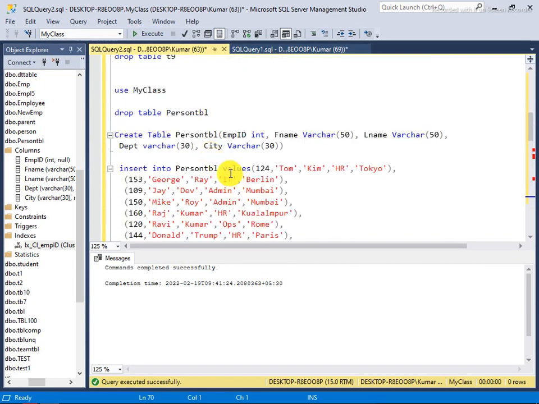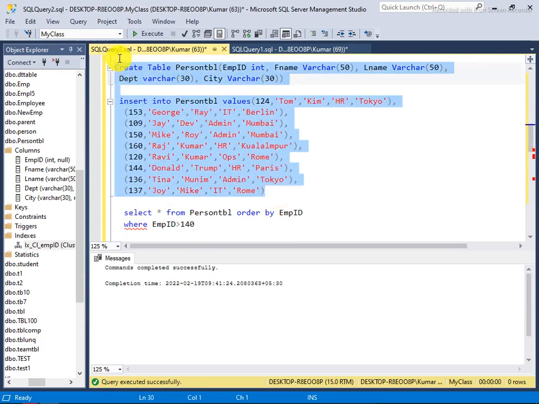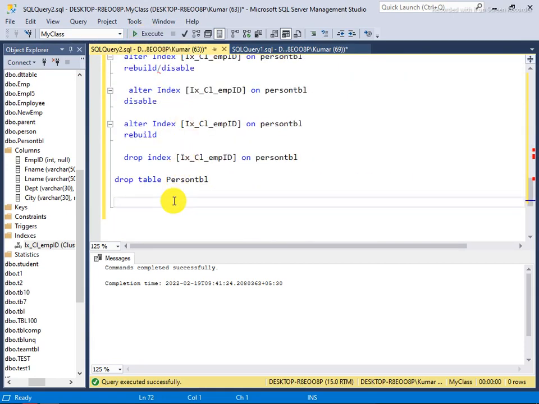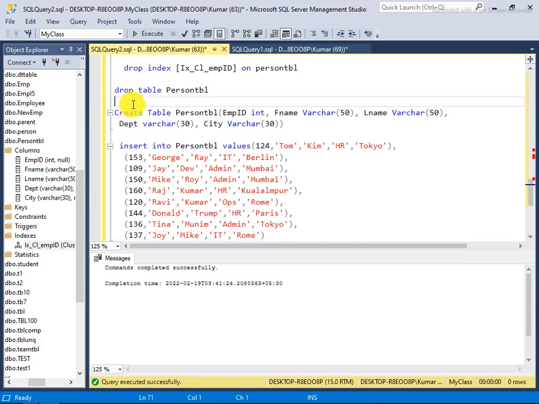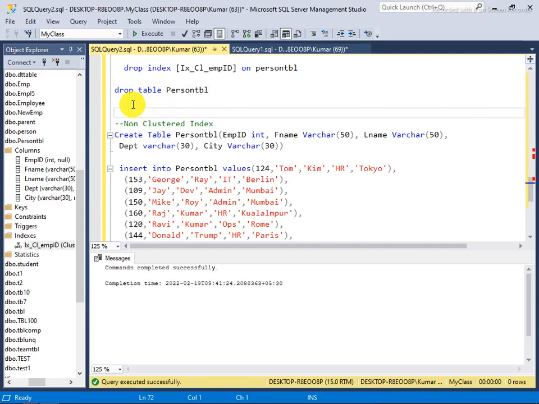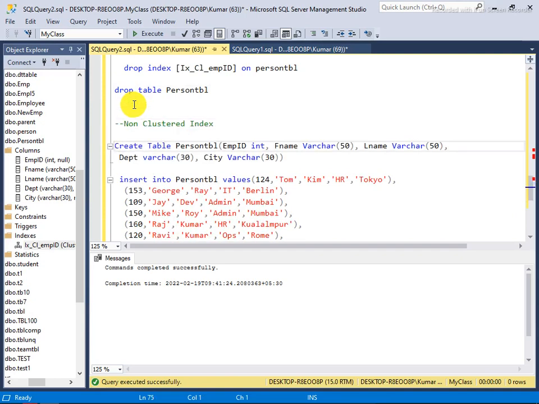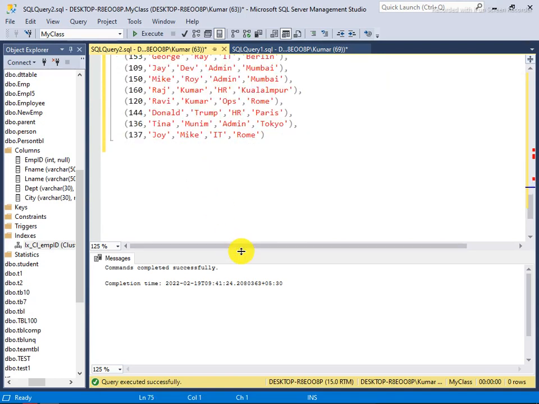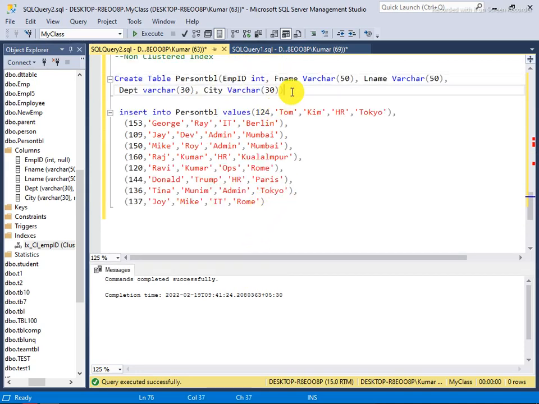Again I'll take this, I copy it and I make a comment, non-clustered index. Okay, so I create a table, insert some values. The name of the table is person table.